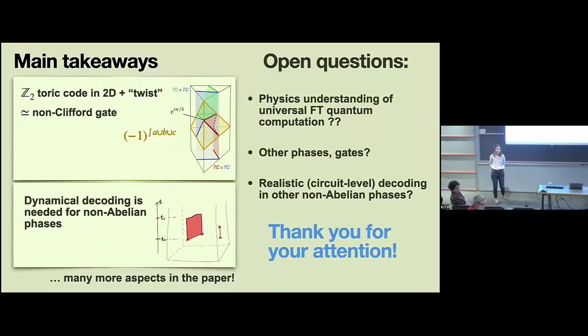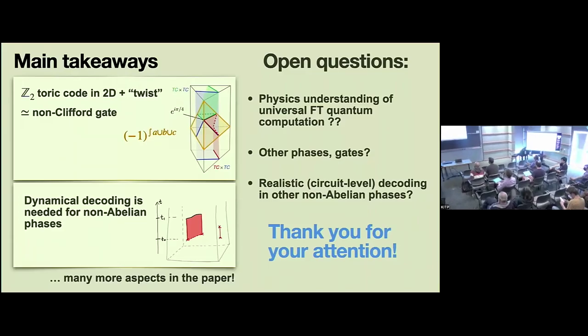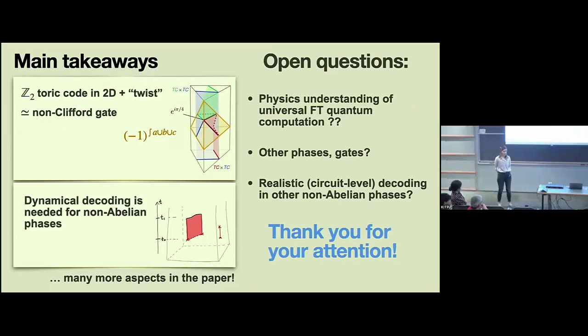I might have missed this, but how small is the depth for this? Let's say we do a round of syndrome extraction doing this. What is the depth when you actually do a round of this? I assume it's quite low, but... Actually, it's very low. If you take the circuit realization of 3 copies of the toric code, there is a circuit that we can write down for the syndrome extraction for the twisted quantum double that looks exactly like that circuit, plus 2 additional rounds of unitary CCZ gates. So it's just 2 additional rounds of... I see. So in the Fibonacci case, it's actually quite deep, isn't it?